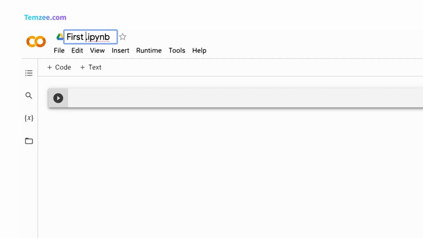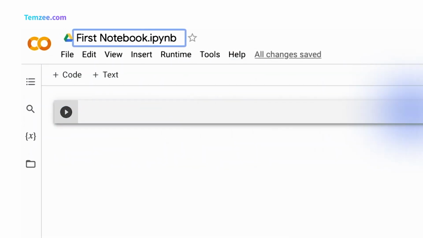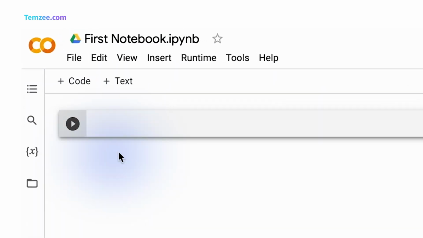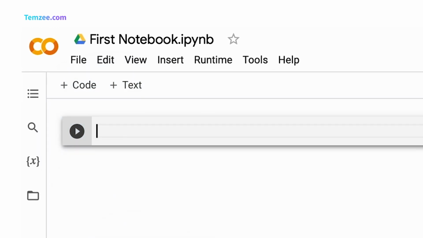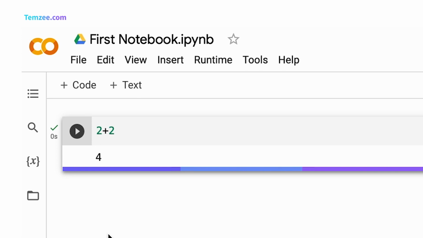Now, let's write and run some Python. This is a code cell. We can write our code in there and then run it when we're ready. Go ahead and click on the code cell and type in it 2 + 2, something simple. And then click on the play button on the left-hand side to run the code. The first time you do this, it might take a few seconds as the Google computer that's running in the background boots up. When the cell has finished running, you should see the number 4 displayed in the output section